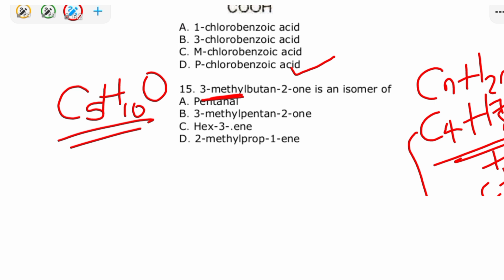So let's check the options. 2-methyl-prop-1-ene. This is an alkene. It does not have any oxygen, so this one cannot be the answer. This one too is also an alkene. It does not have any oxygen. This one too cannot be the answer. The next one is